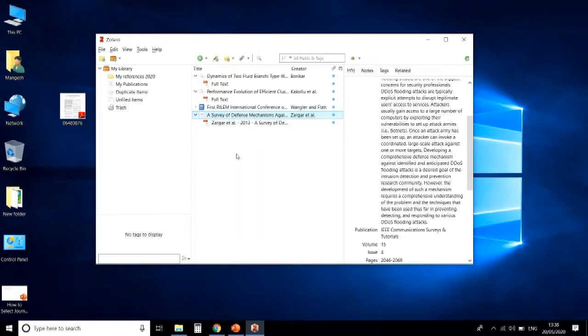Here, if the reference which you have added has free access to the PDF file, then the PDF will be automatically downloaded and added to your library.